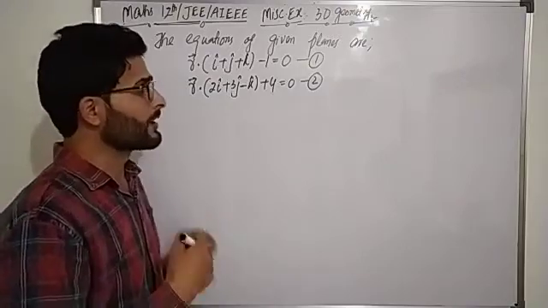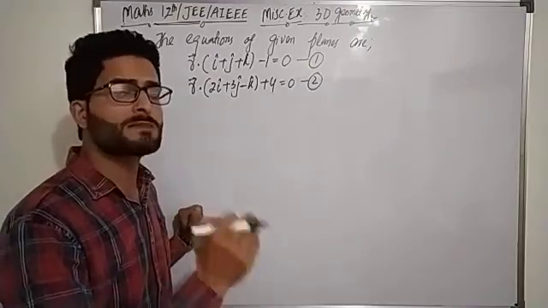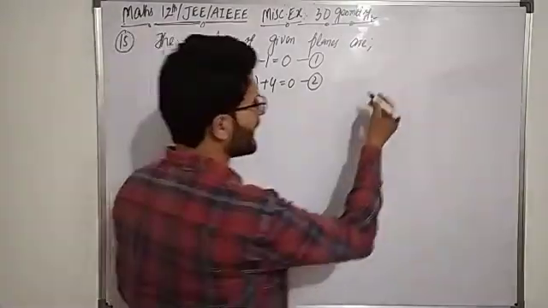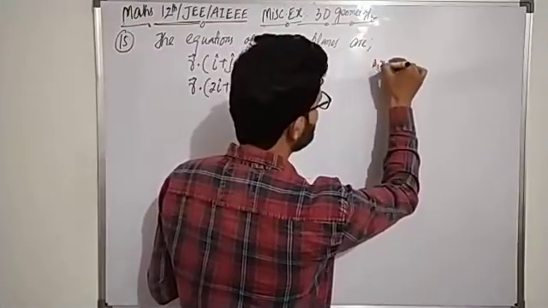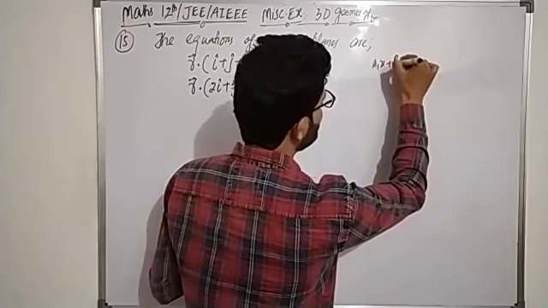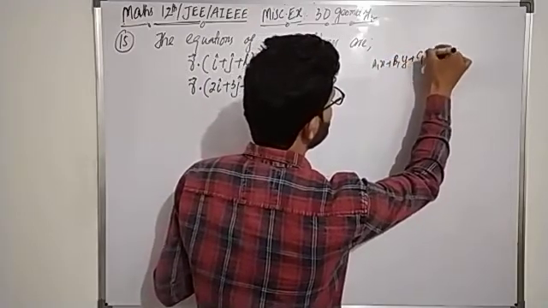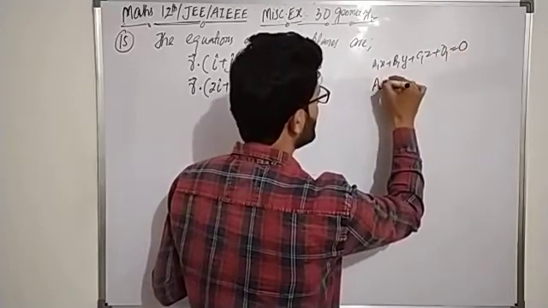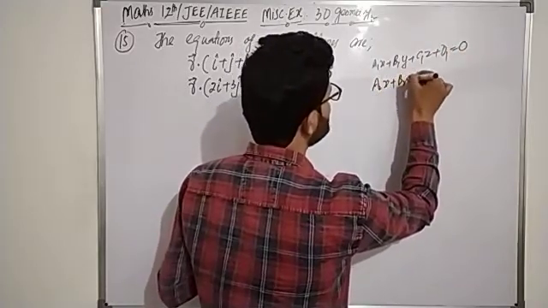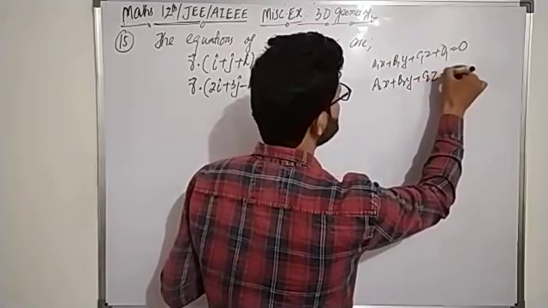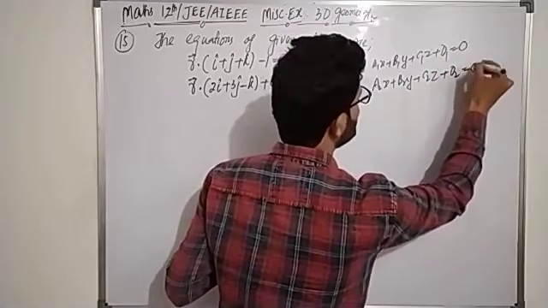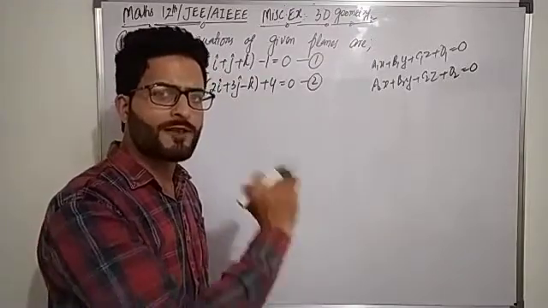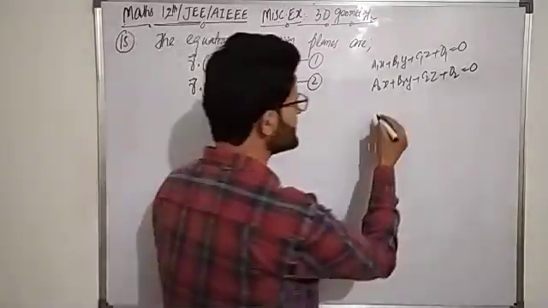Now first we will talk about the equation of a plane which is passing through the line of intersection of two planes. If we have two planes as a1x plus b1y plus c1z plus d1 is equal to 0 and a2x plus b2y plus c2z plus d2 is equal to 0, then the equation of a plane which is passing through the line of intersection of these two planes is,